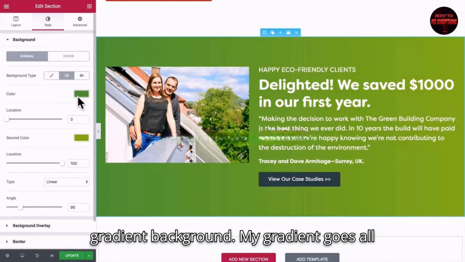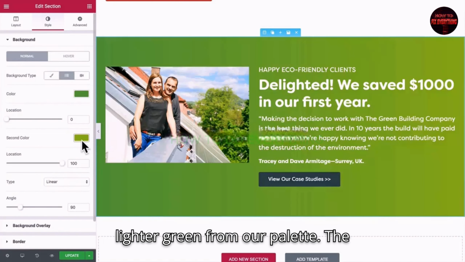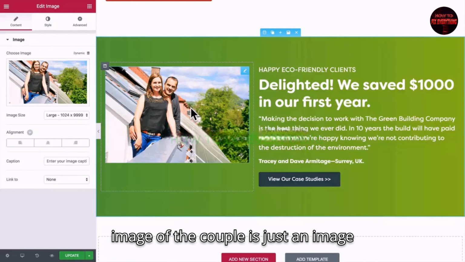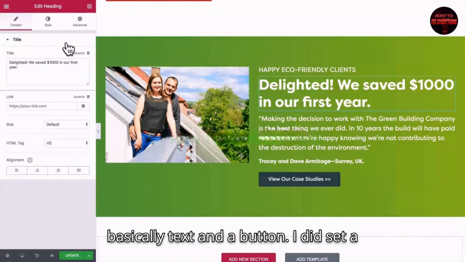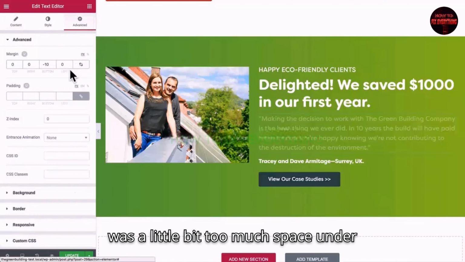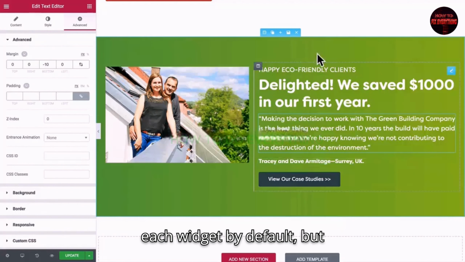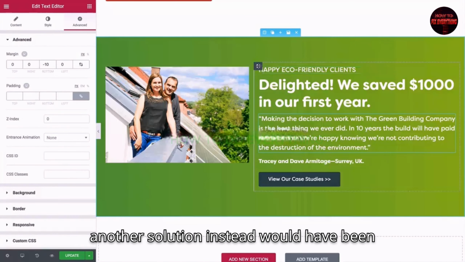My gradient goes all the way from our darker green to a lighter green from our palette. The image of the couple is just an image widget, and the rest of it is just basically text and a button. I did set a few negative bottom margins on these widgets to tighten everything up. There was a little bit too much space under each widget by default, but another solution instead would have been,